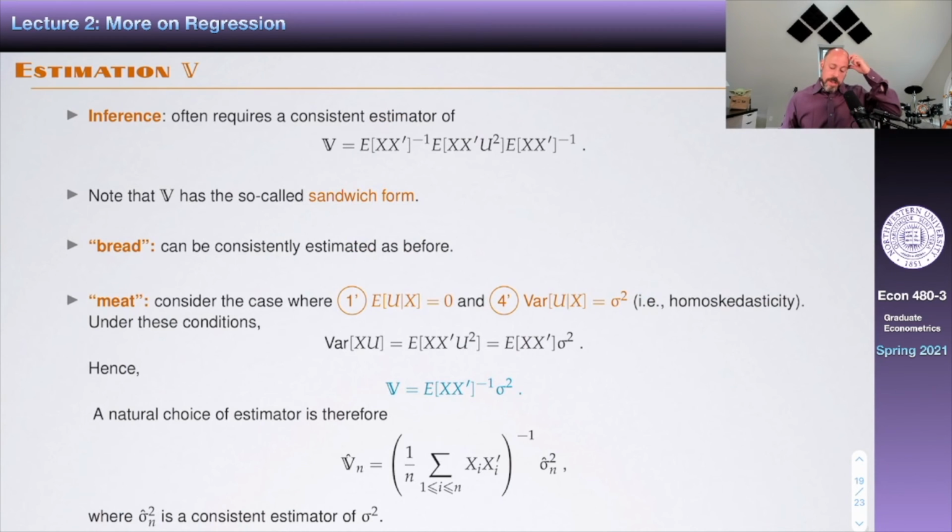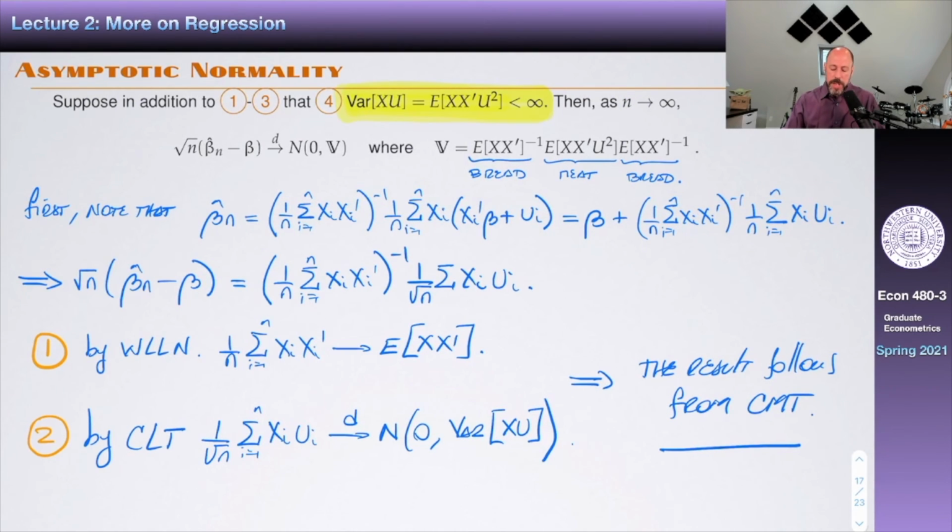All right. So we just saw in order to do inference, and by inference I mean we're going to test hypotheses, build confidence intervals or confidence sets for these parameters, we will often require a consistent estimator of this asymptotic variance that I'm calling B here. And again, remember that it has this sandwich form. So the bread, which is this part, is super easy because we already proved in the derivation that this object over here, 1 over n sum of xi xi prime,